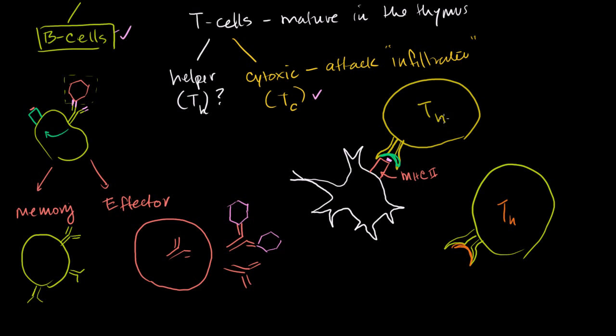During these helper T cells' development, at some point, the genes that code for this part of this receptor get shuffled around, and they get shuffled around intentionally so that each T cell has a certain specificity to a combination of an MHC2 complex and a certain polypeptide, a certain part of a virus. So only this guy is going to be activated, not this guy. So this is why we call it the specific immune system.